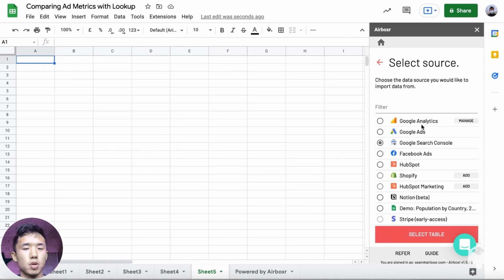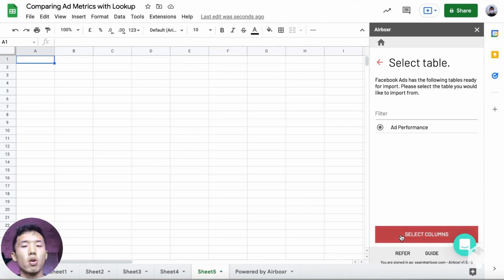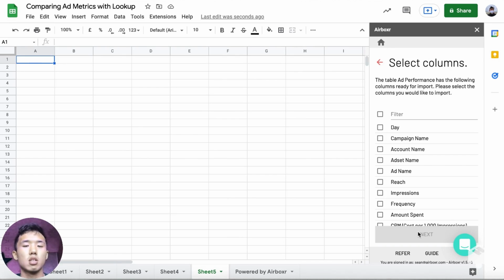So that could be Facebook Ads. So you click on Import, click on Facebook Ads. You want to click on the Ad Performance table, and then click on Select Columns. And on this page, you want to select the columns of data that you want to import from Facebook Ads